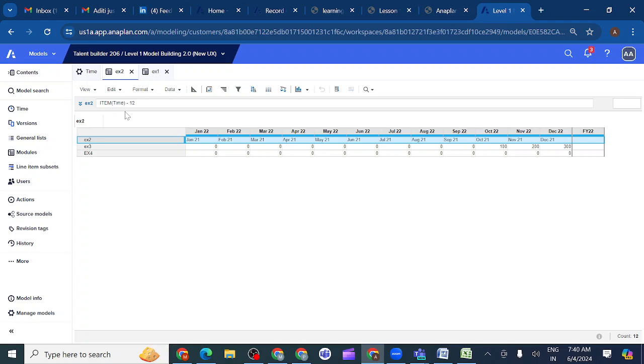Whatever the time is there, minus 12 means before 12 months, past 12 months. Which month is there, January 2022? Then before 12 months means January 2021. Like this, each and every month you will get the data. Last year data you will get, 2021 data you will get. So by doing this, if I want to pull the data